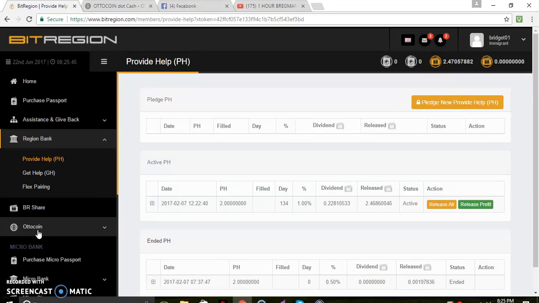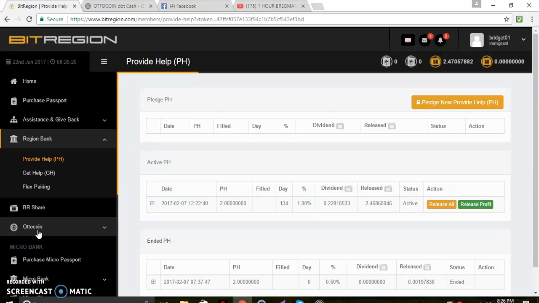But for those members who have a get help already, there is no way you can cancel it because there is no cancel button. The status is assigned also. So for those kinds of accounts which have a current GH with the status assigned, all we have to do, as I said, is wait until the system fully recovers and we can get back our Bitcoin. As simple as that.